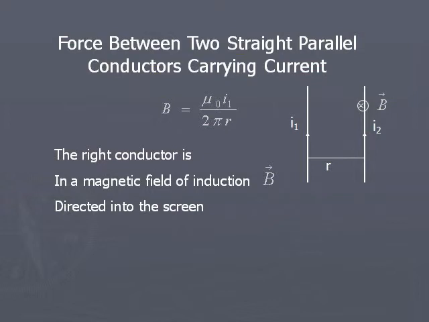From Ampere's grip rule, we notice that the magnetic field induction is into the plane of the screen and perpendicular to the plane of the screen. The conductor is in the plane of the screen. So, the conductor carrying current I2 is placed in a magnetic field of induction B, perpendicular to the direction